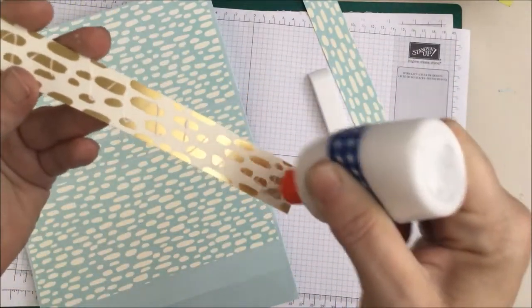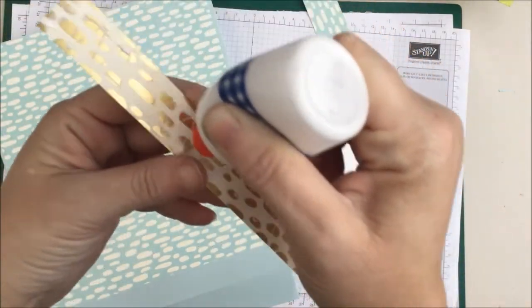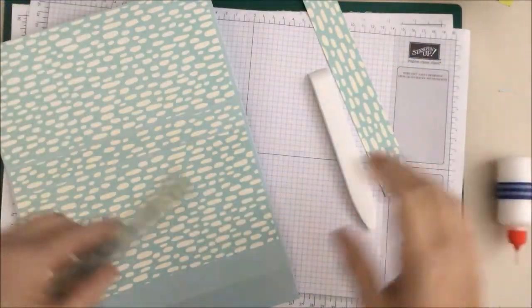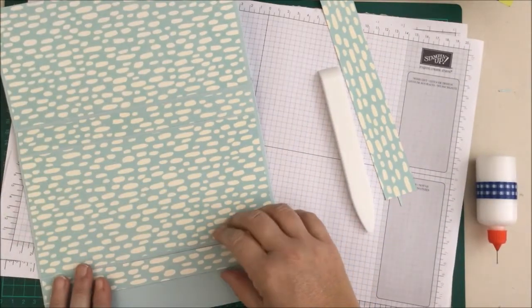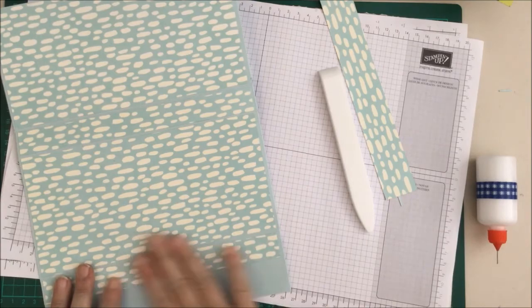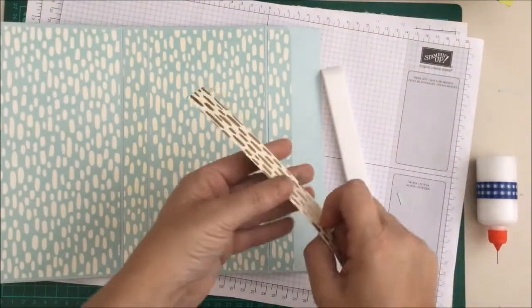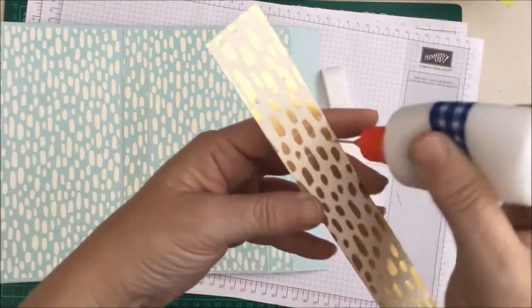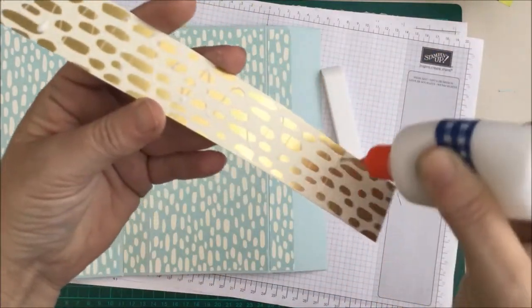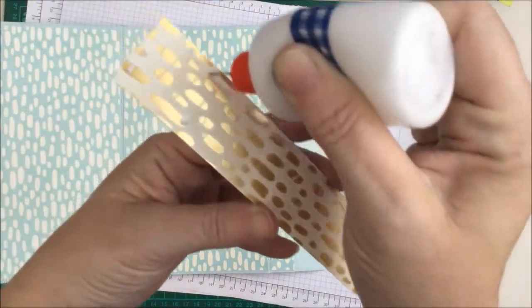And all these items are available in my online shop. But what I've done this time is, if you haven't got masses of supplies and you don't quite know what to put into an album, I've brought out the Memories and More to put in and to show you how you can use them